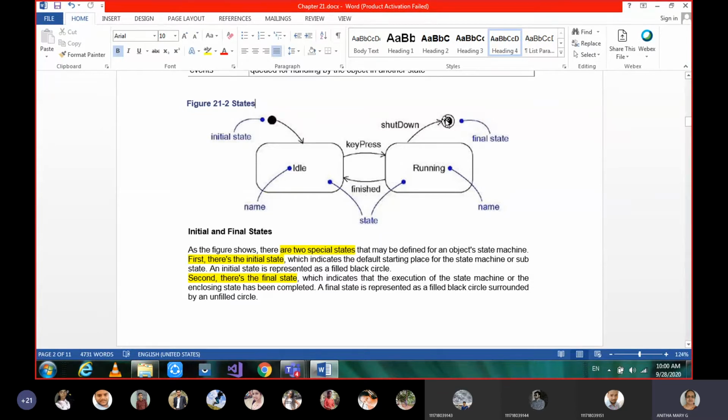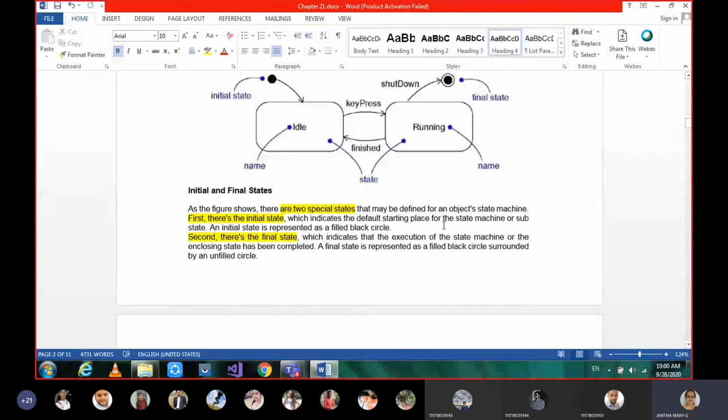It is mainly concentrated on the parts of the state, that is the name, entry state, and exit state. Deferred events and internal transitions may not be shown. And this is the final state. Okay, is that clear? A state can have five different parts, and each one is given in detail.